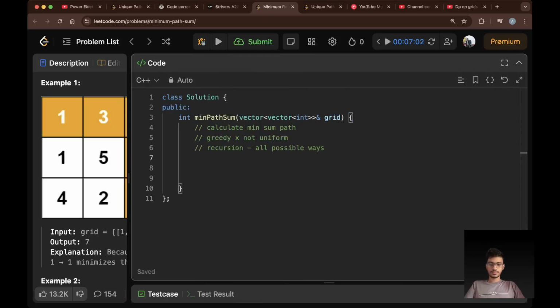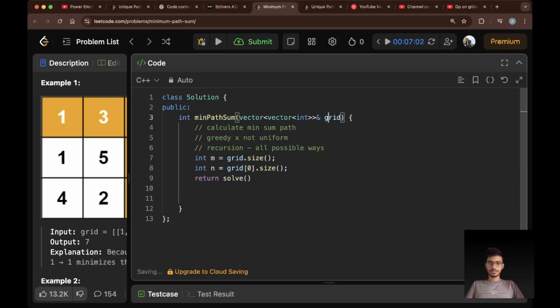What do we need? We need m equal to the grid size, n equal to the size, and solve, return solve. So we're going to pass the grid and